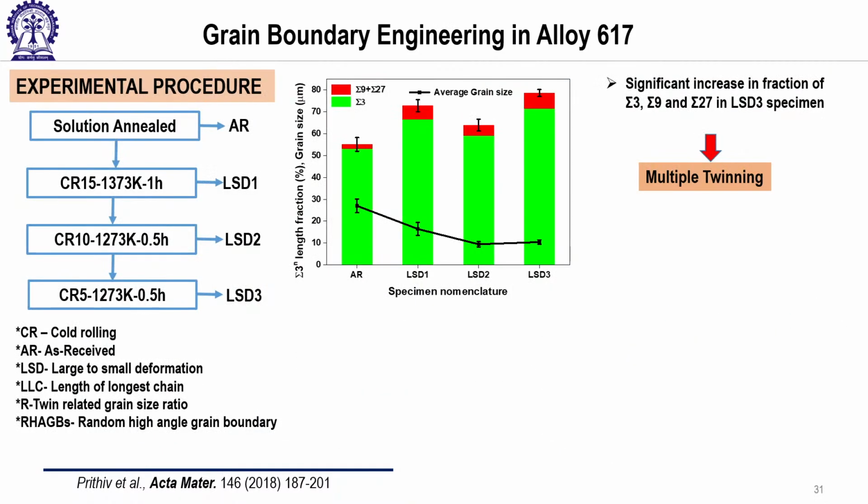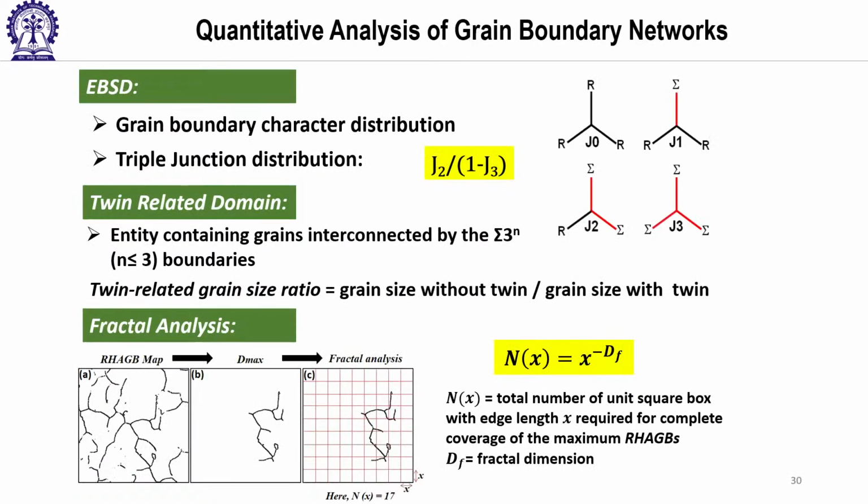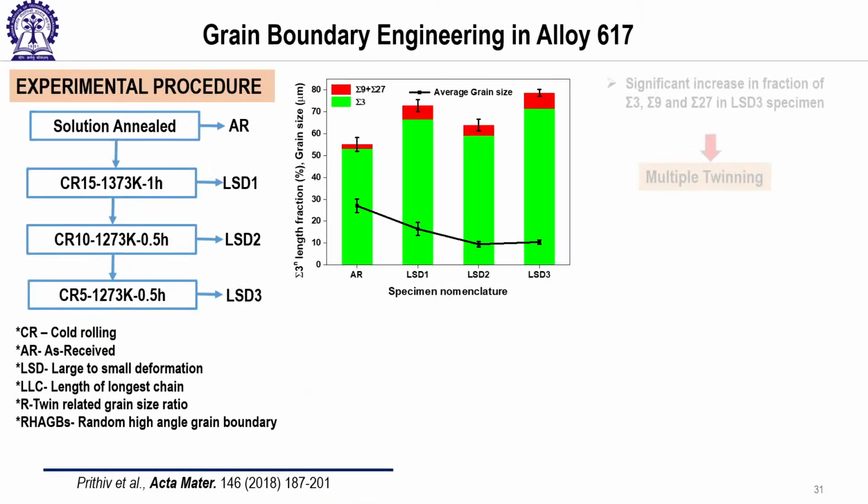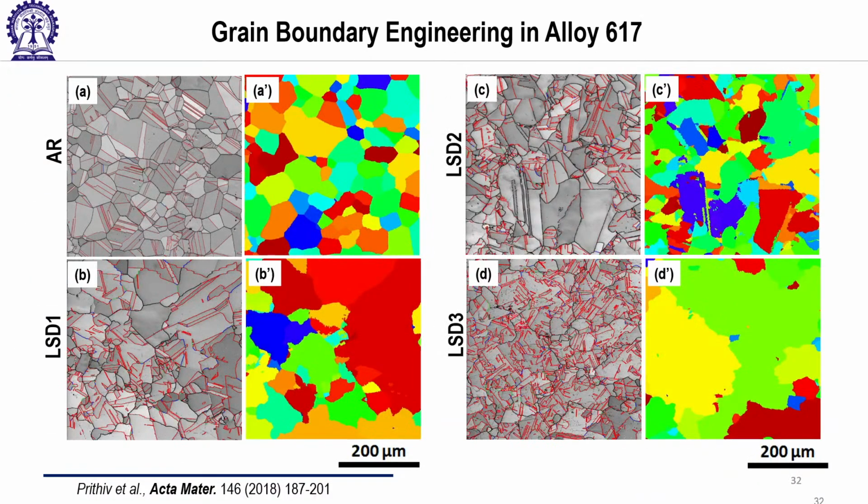And then another important thing is the fractal dimension. One can calculate the fractal dimension, and if it is less, then also it is good. That means fractal means fragmented. The more it is fragmented, the better it is, right? So this kind of analysis one can do, and then obviously, this is a typical iterative process